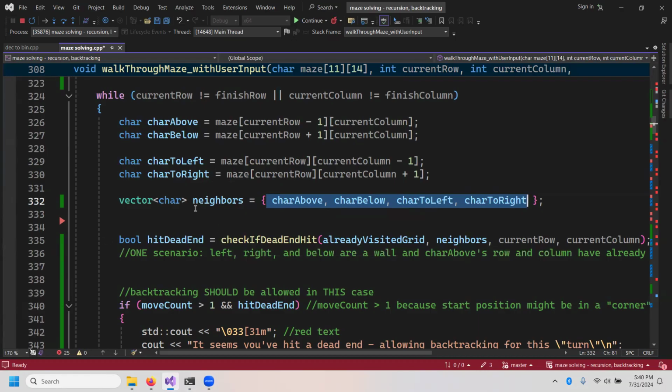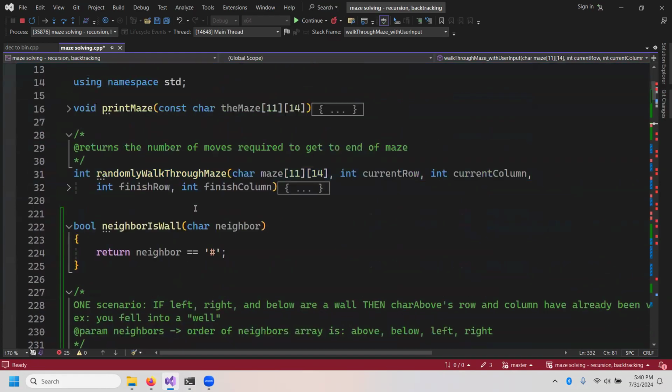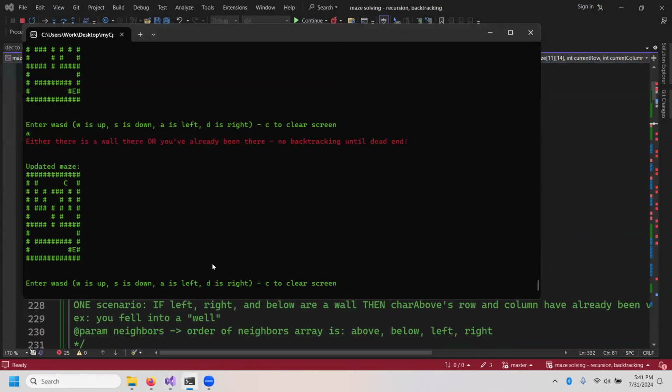So we call check if dead end hit, and that was what I wanted to look at, because I'm at a point here where I wanted to talk. The path that I took to get to the current position is down, up, here, here, here. I came back up successfully, and then I went to the right. And if you try to go down at this point, my code doesn't allow you to go down at that point because you haven't yet explored this path. Once you get back here,